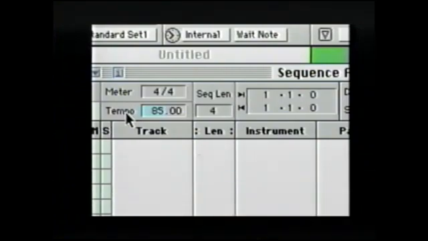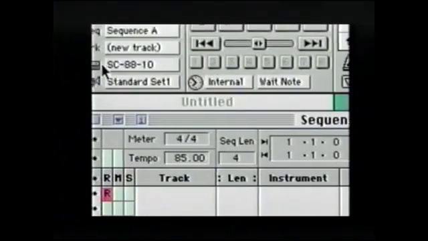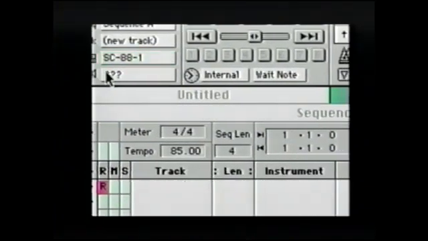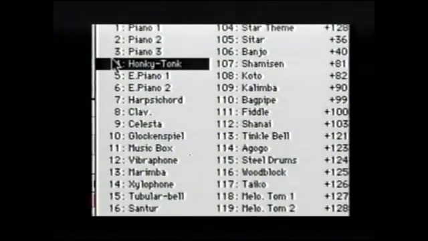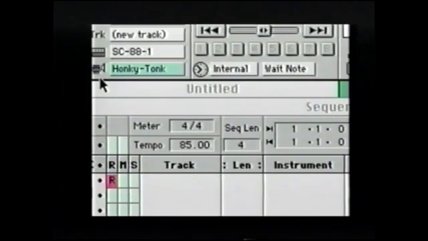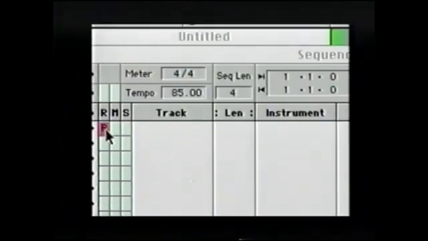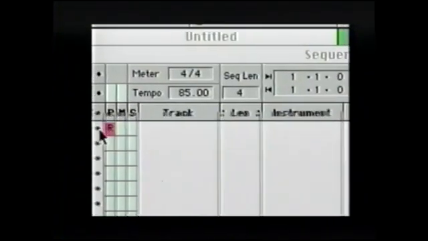I think about 85 is what we want. I'm going to choose, let's say, channel 1. I'll choose a sound. How about honky tonk? Now we can see we're enabled to record on this top track because of this red R in the record